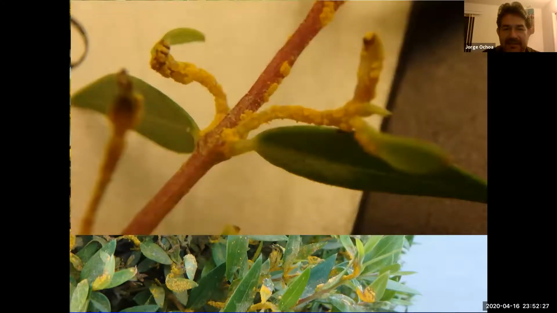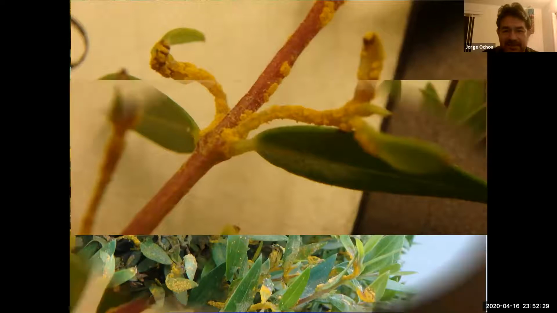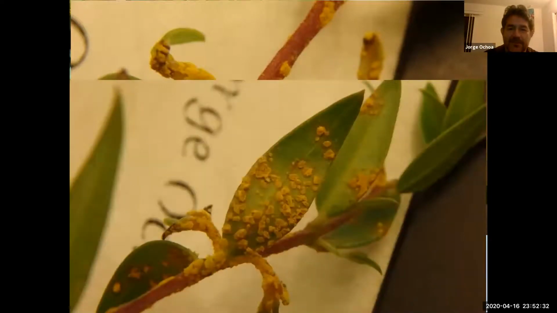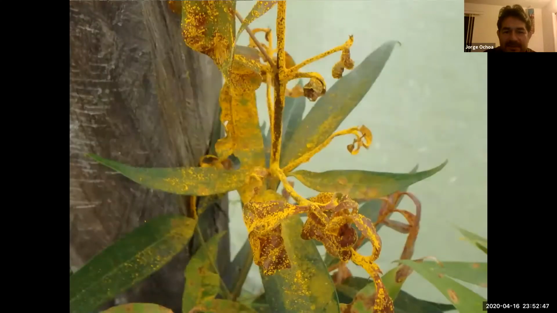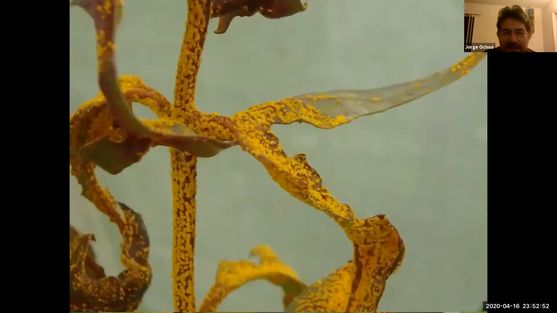And here's an area that was seriously infected, and there's a few more. And here's one where, again, it's deformed the plant. It was in a greenhouse, it was humid, it has a perfect environment. So yeah, this is a severe rust infection right here. And you can see all the spores just coming out, and the distortion of the plant right there. So hopefully it's not going to get this bad. And here's more oxalis. And actually, this is coffee rust.